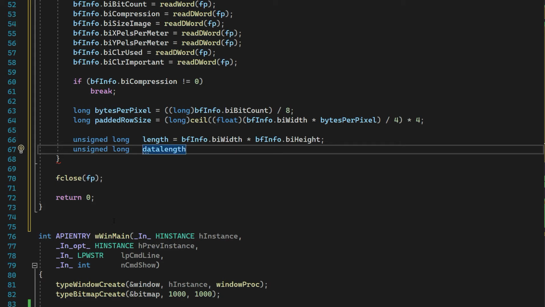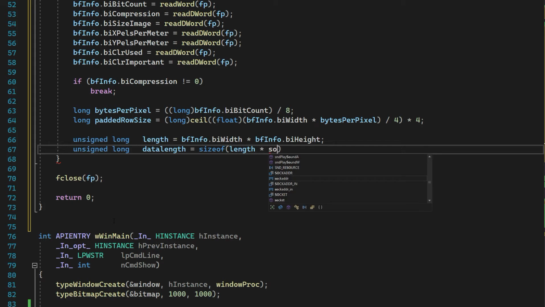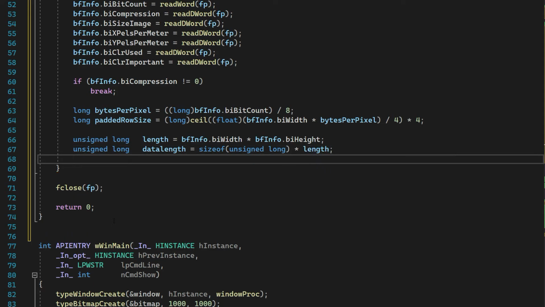Data length equals size of, no, what am I doing? Equals size of, and then length times, wait a minute, no, size of, wait a minute, data length equals, oh no, size of unsigned long. Trying to create the image here, times length. Okay, buffer, we have to allocate buffer, which is, yeah, unsigned